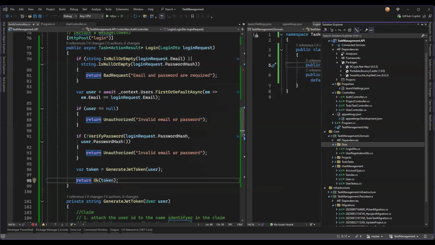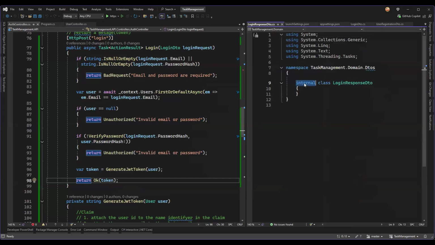Login response DTO. So that's what I want to create. Public login response DTO. All right. So inside here now,